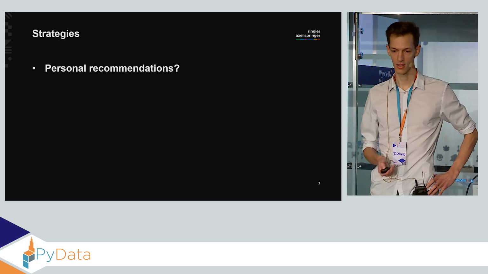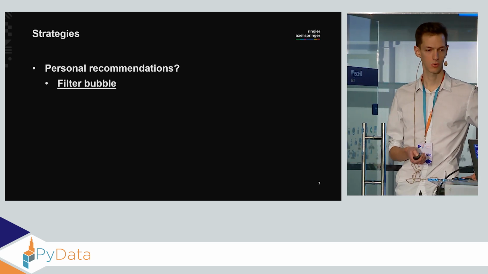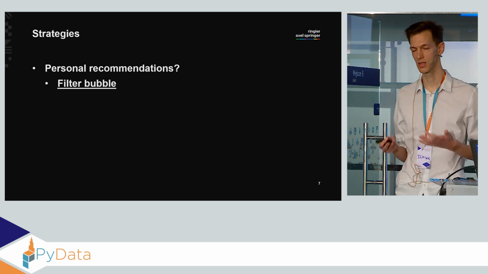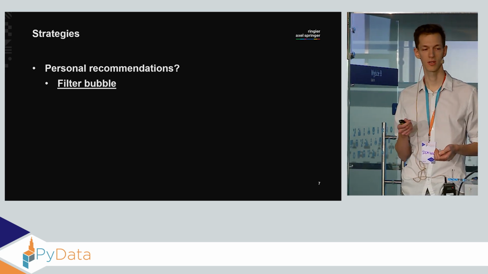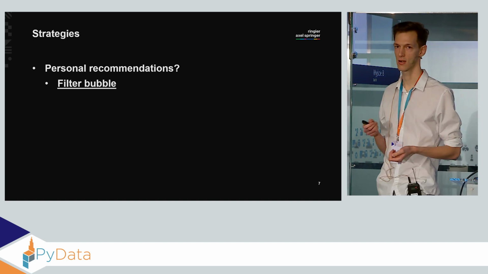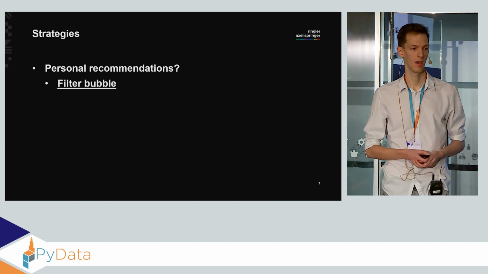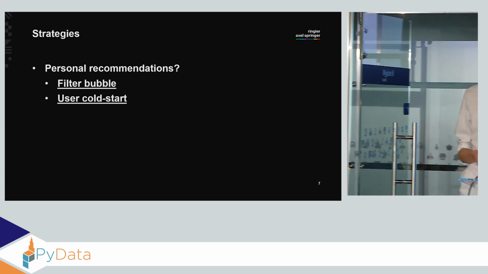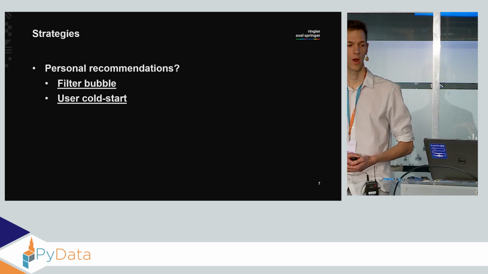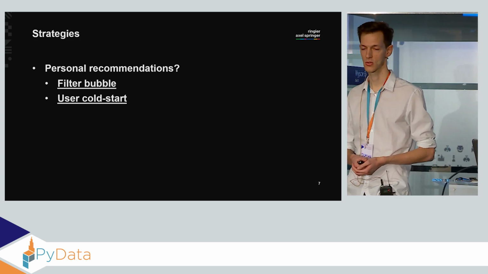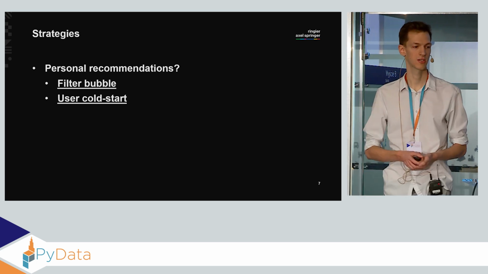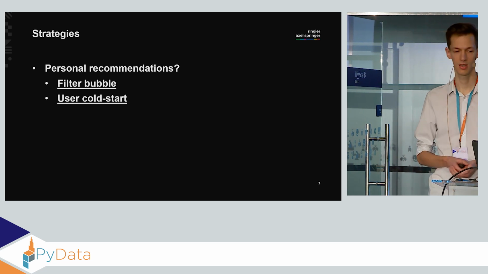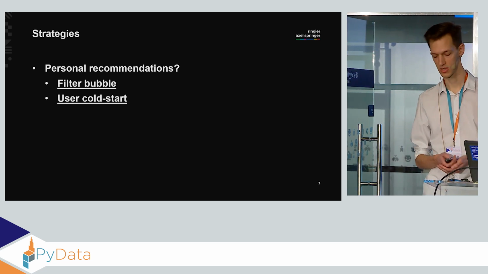However, this comes with a couple of pretty big problems. The first one is called filter bubble, where basically the user is stuck in this loop of always being recommended articles which are similar to what he has read in the past, and there is no diversity in that. And the second problem is the user cold start problem, where we don't really have a clear strategy for new users since we don't have a history for them. So this solution, at least in the most naive implementation, will not satisfy us.